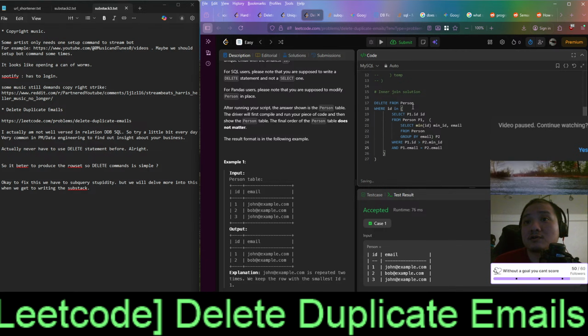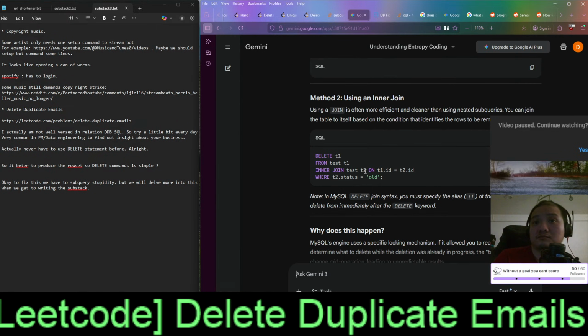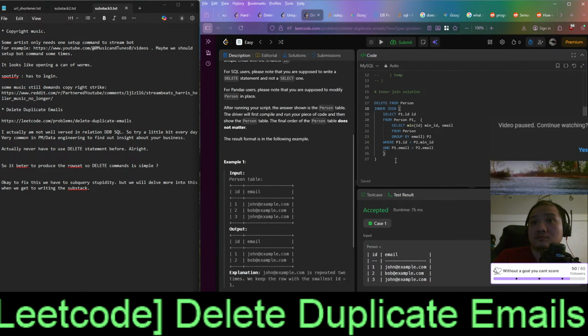Okay, so this is the inner join with this query on. Let's try with this temp on person.id equal temp.id, right?